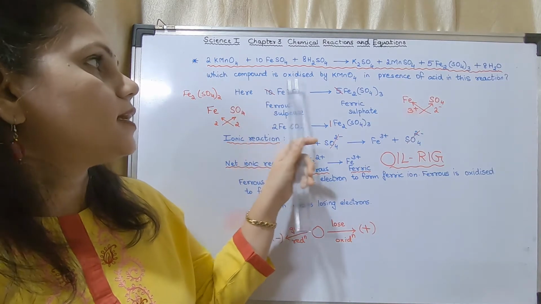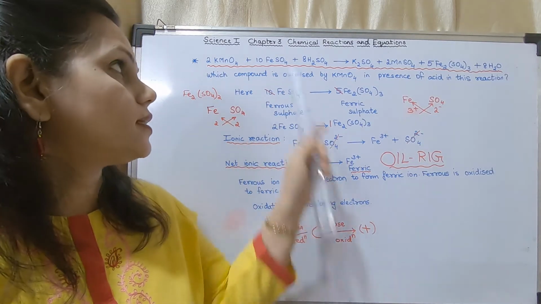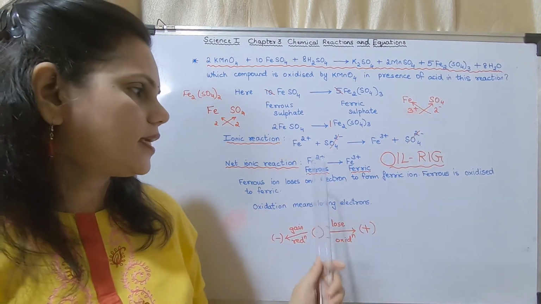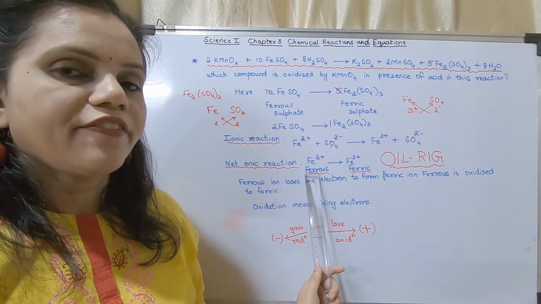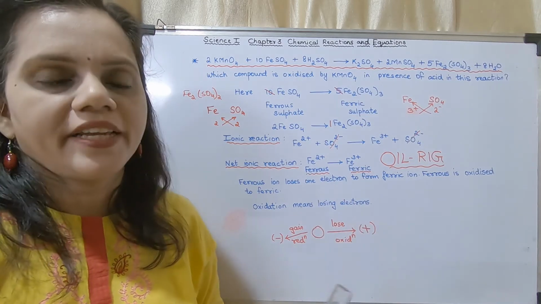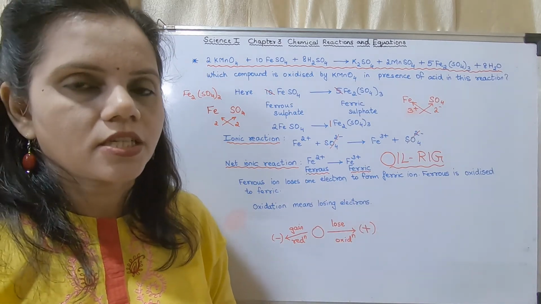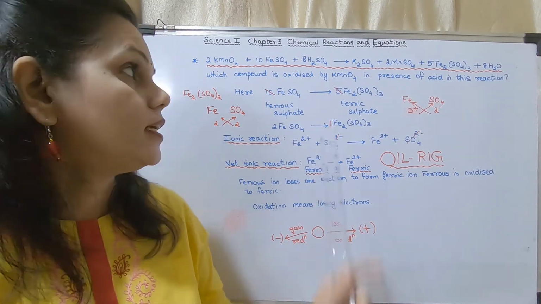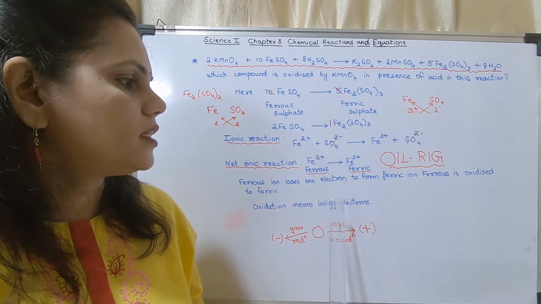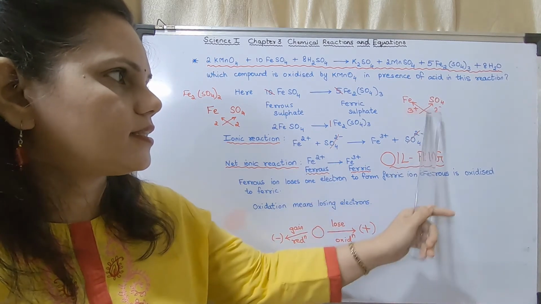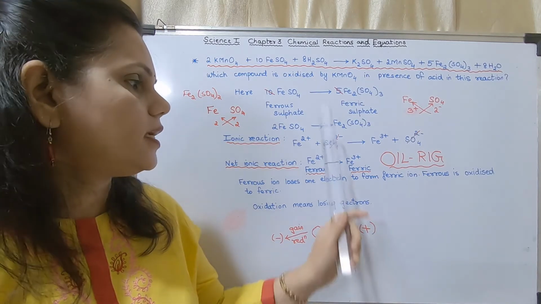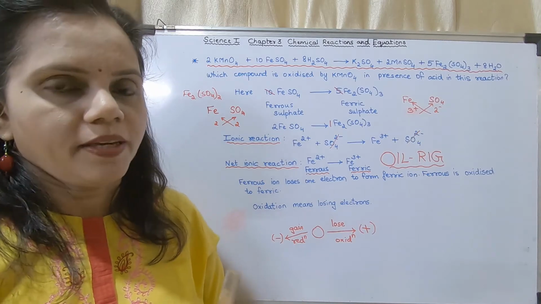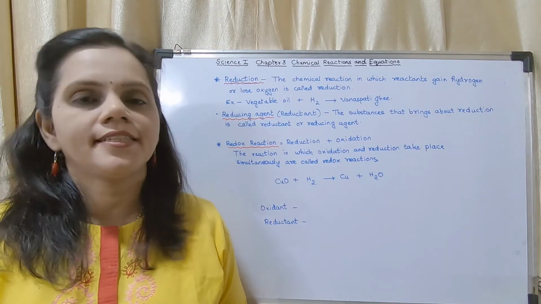So in this reaction, who is getting oxidized? FeSO4 is getting oxidized to Fe2(SO4)3. Who is getting oxidized? Iron. Ferrous is getting converted into ferric, so iron is getting oxidized. So this is the reaction. If you are having a question, this will be the question. You have to write this much. You don't have to write these things; this is for you to understand. You have to write whatever I have written in blue letters. Okay, you may copy. So this is the next topic, that is reduction.